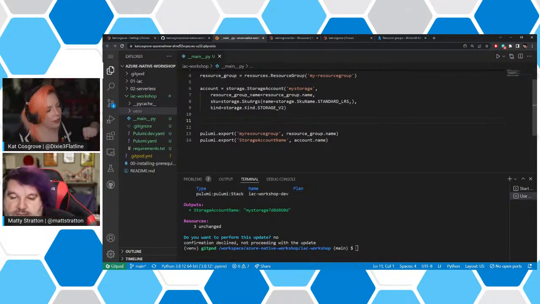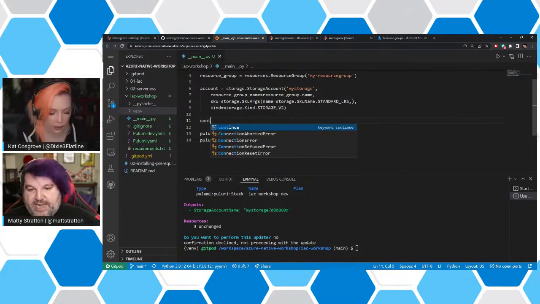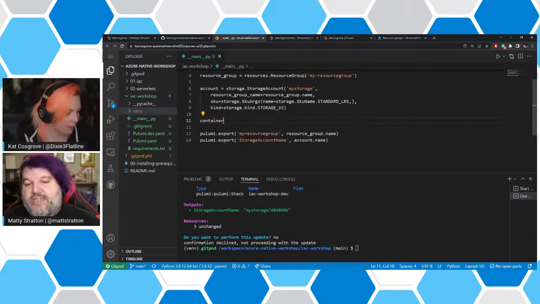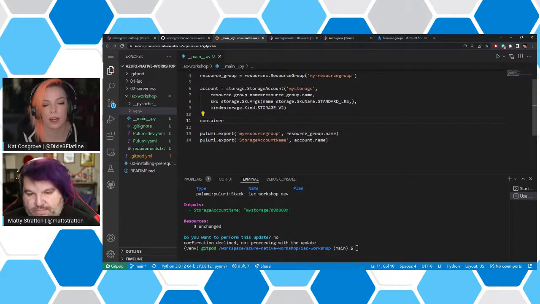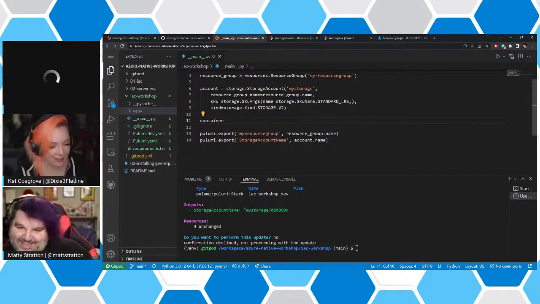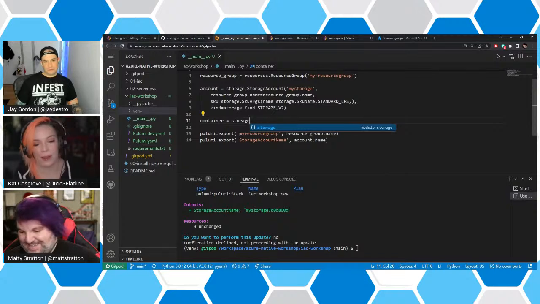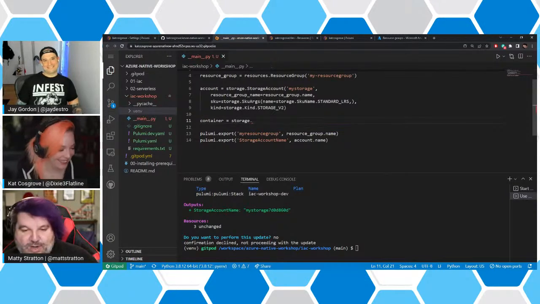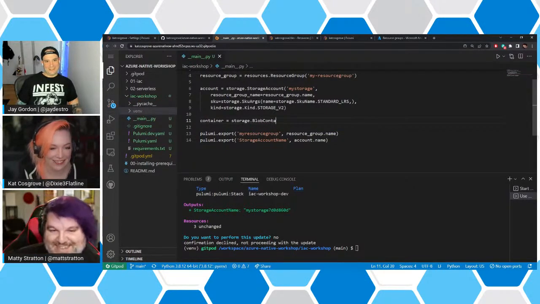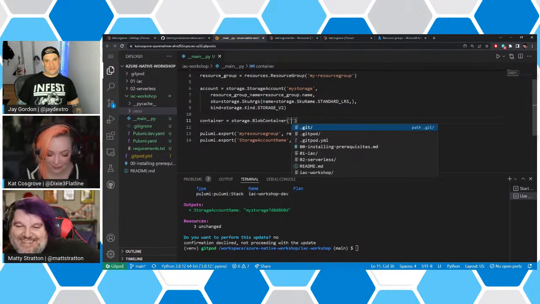We're actually going to throw a container at it. Like a blob container, not like a Docker container. Yes. As we say here, throw it. We're going to throw a couple of containers at it. Hey, do what you gotta do.